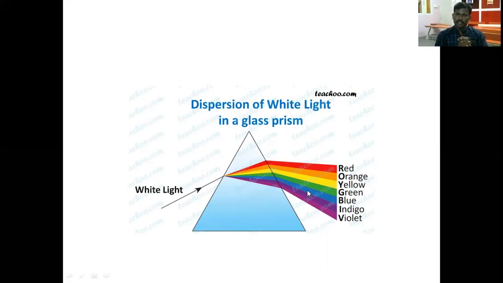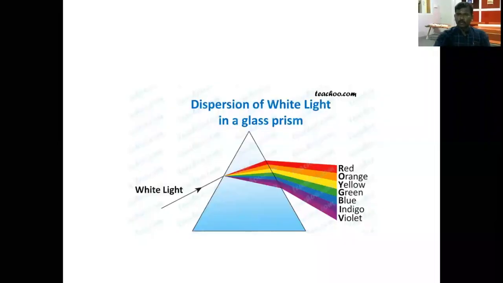Refractive index less means which light ray has the greater wavelength. So that is the interrelation. High speed, less refractive index, so high wavelength. So the color with high wavelength is red. Violet color has the very least wavelength, around 4000 to 4500, and the red color has a wavelength value of 8000. So students, concentrate on this concept.